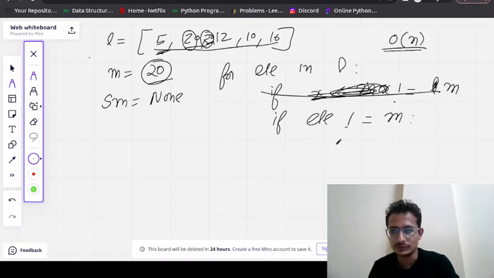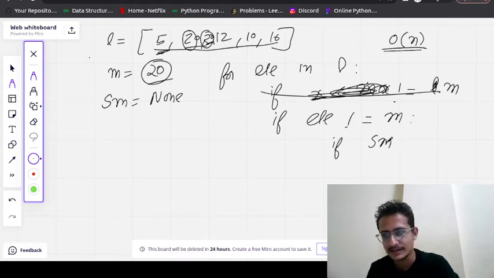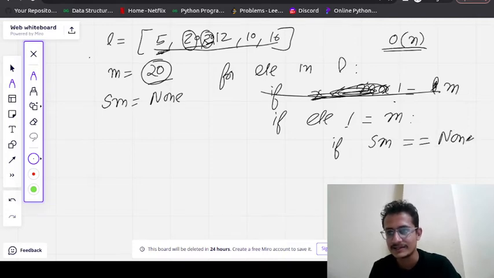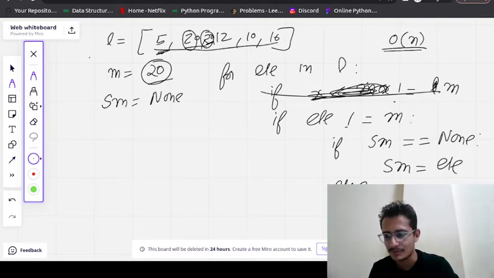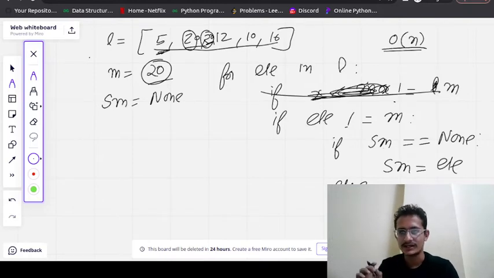Okay, so if you are getting confused, I will explain you the dry run also. Just stay with me for the 2 minutes. We will come to this approach. Okay, we will come to the solution. If second largest element is none, what we will do, we will update this. So second max element will become the given element. Else what we will do, we will find the maximum of second max will be maximum of second max and X.